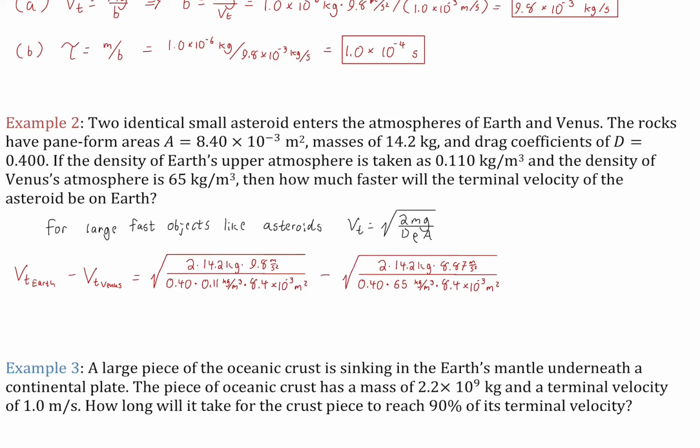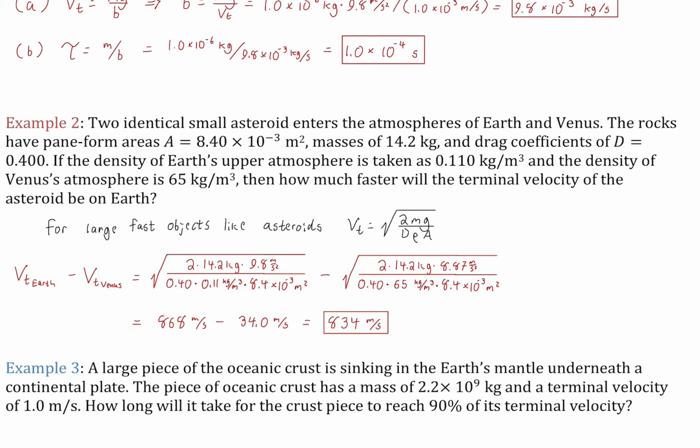All right, we plug in all our numbers. Notice that here we have the acceleration of gravity on Earth. I looked up the acceleration of gravity on Venus. I didn't give it in the problem, but it's 8.87. You can easily look it up. And here's the drag coefficients we were given. They're shared by both. Here's the differing rho values for Earth and Venus respectively. Notice again, rho is density, which is mass per volume, kilograms per cubic meter. Okay? All right, and then everything else is shared, and then we find out that the terminal velocity on Earth,